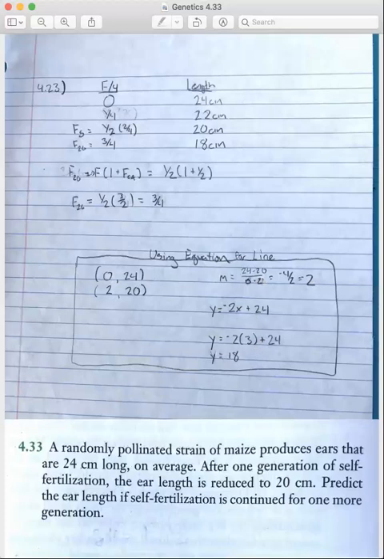Those are two separate ways you can solve that. If you want to just look for the pattern, you can do that. If the pattern isn't really apparent, like doing it the way we did it up top, then it would maybe be better to use the equation. But you can do it either way, whichever way makes the most sense to you.